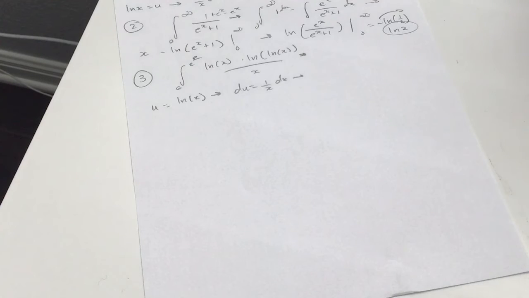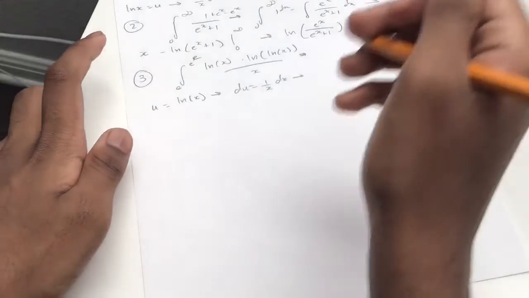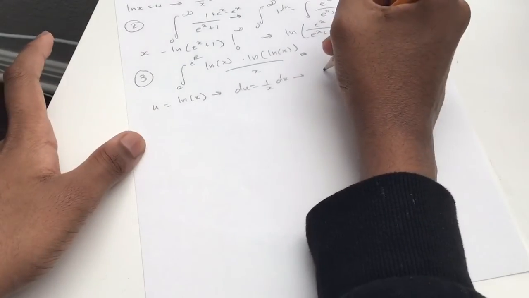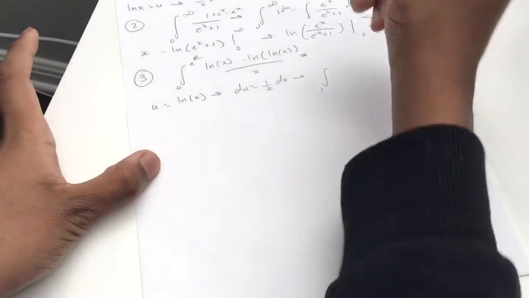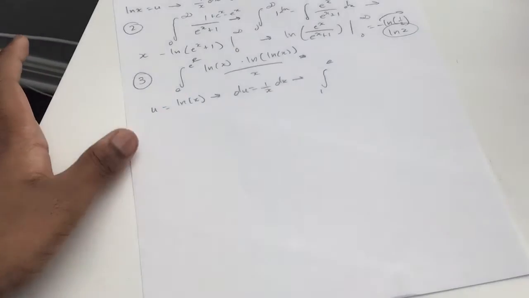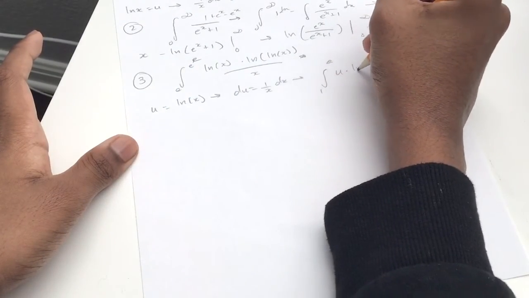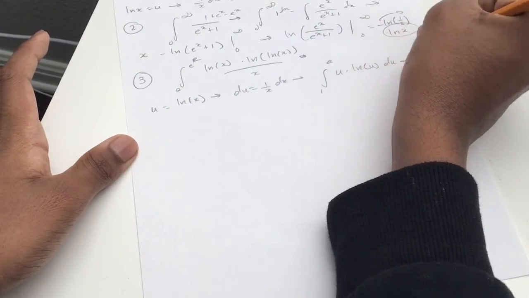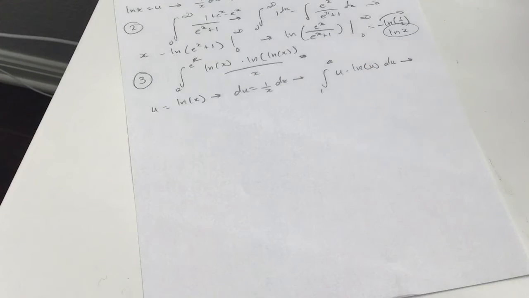Now that we have performed the U substitution, our bounds of integration change. We have ln of e, which is 1, and ln of e to the power of e, which is equal to e. And now this becomes the integral of u times ln u du. Now this is integration by parts, basically. We take ln u as the function we want to differentiate, and u as the function we want to integrate. So this becomes